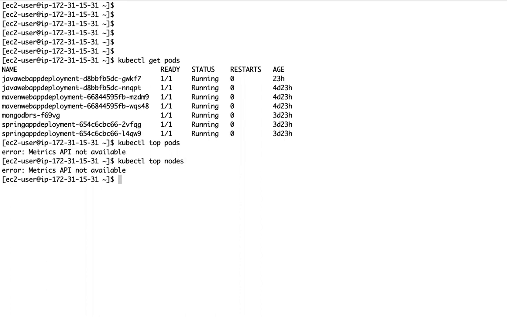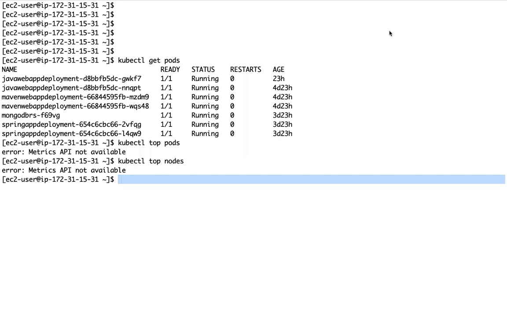Community people created a Helm chart for the metrics server. Do I have that Helm chart locally as of now? If I want to deploy that metrics server, I can deploy it as a Helm chart.